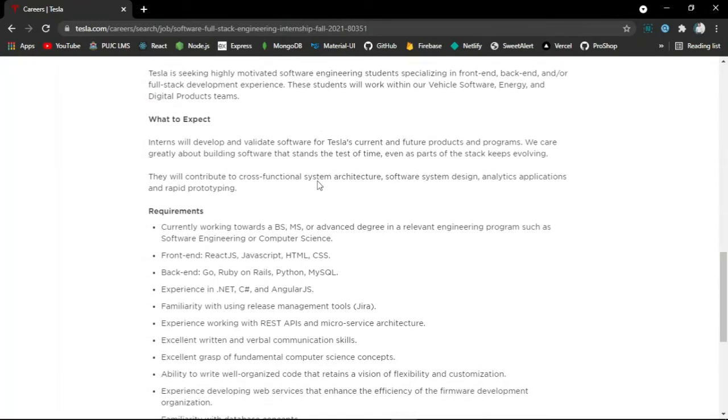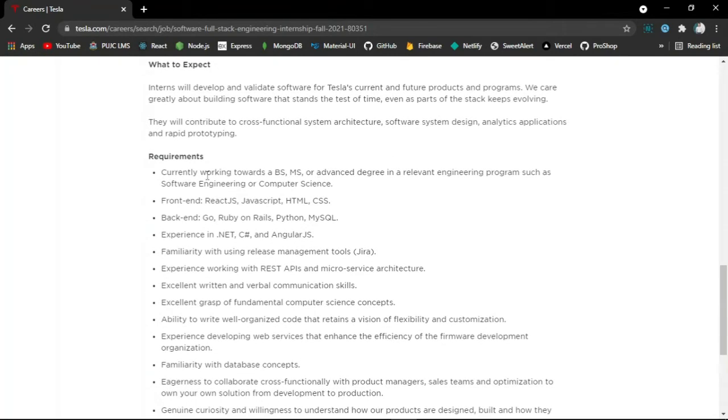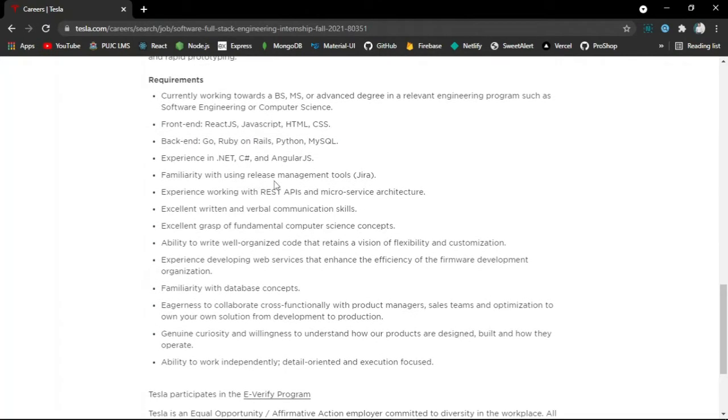Now in requirements, they clearly mention that a candidate must be working towards a BS, MS or any advanced studies in a relevant engineering program such as computer science or software engineering. Also, a candidate must have the expertise and knowledge of React.js, JavaScript, HTML, CSS at the front end.